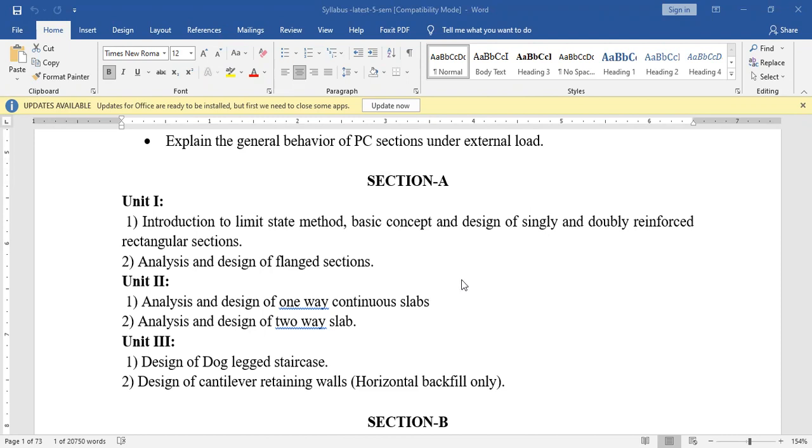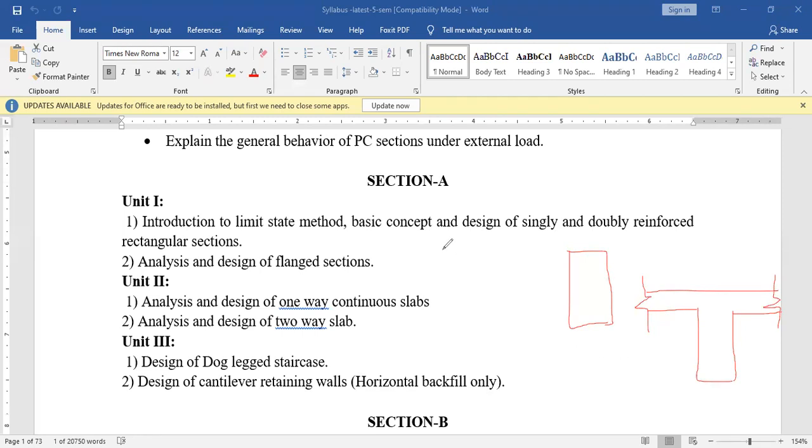So beams will have different parts. This is nothing but the rectangular beam, okay? But sometimes, say at a corner location, this beam may behave differently. Suppose this is a slab and this is the beam here. So the combined effect of that particular beam and slab will have a certain kind of T section. This is also called a flanged section.